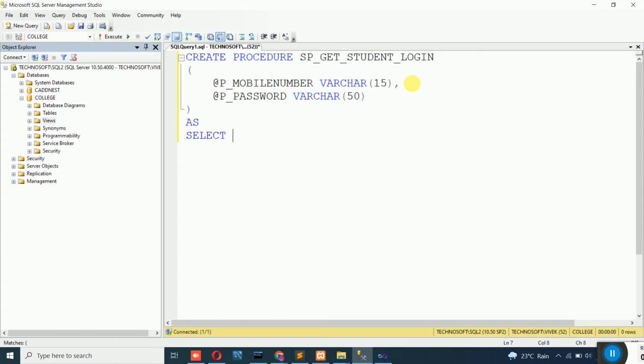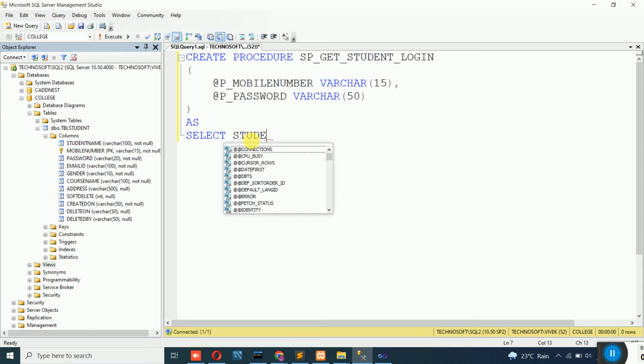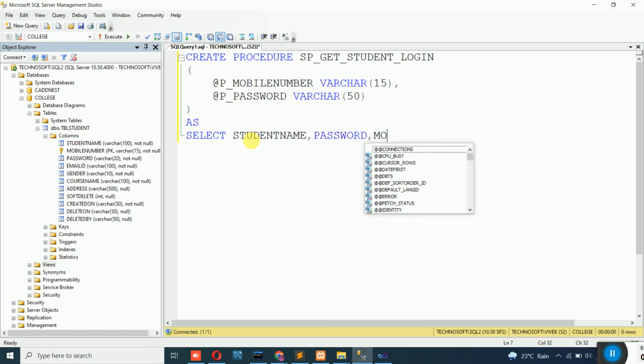The query is select, what are the information I need to retrieve in this case? Of course, I need to retrieve from this table 3 pieces of information. So these are the column names. I need the student name, comma, password, comma, mobile number, where